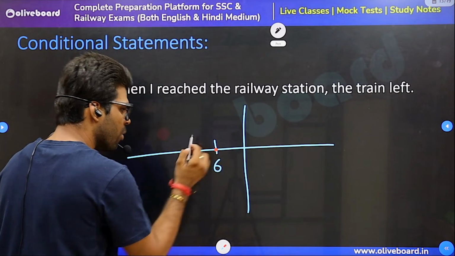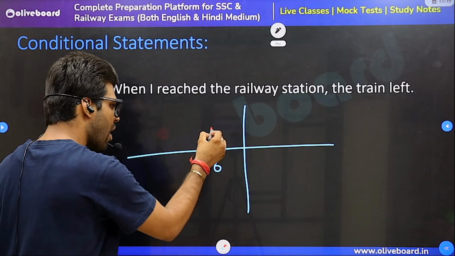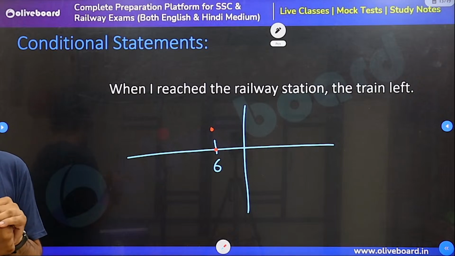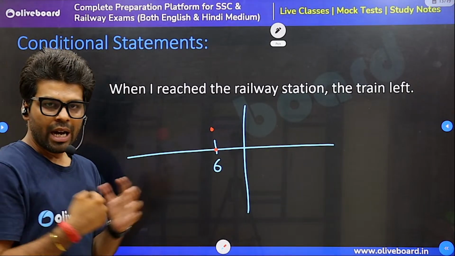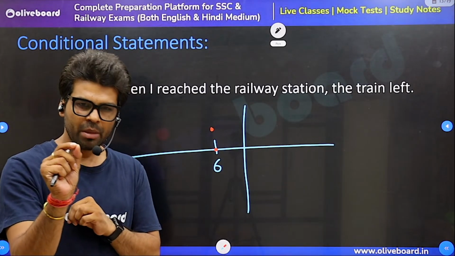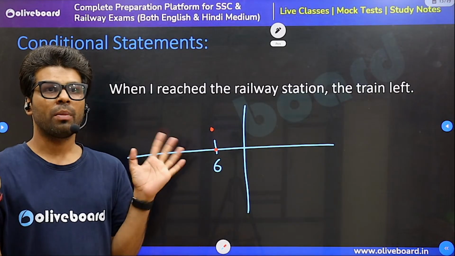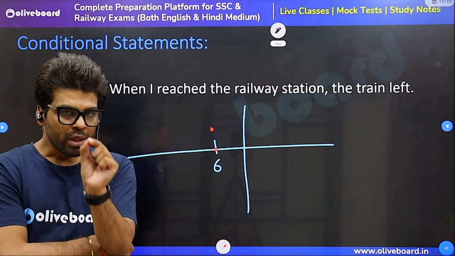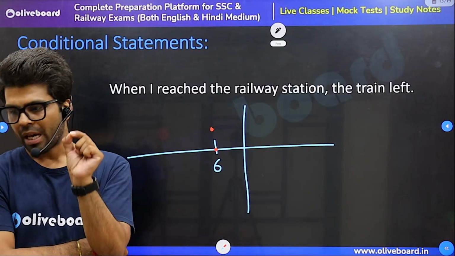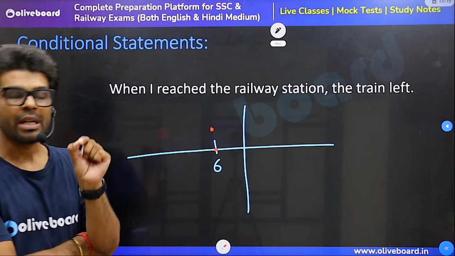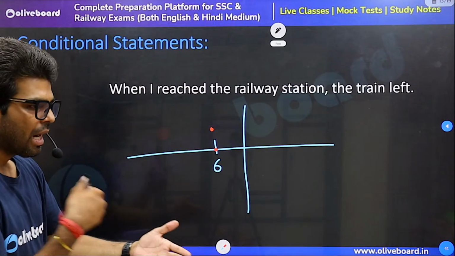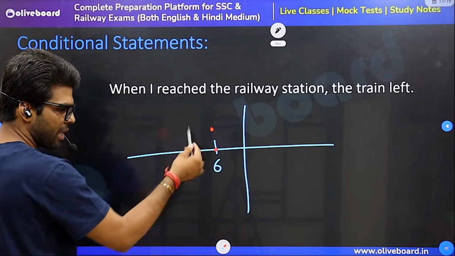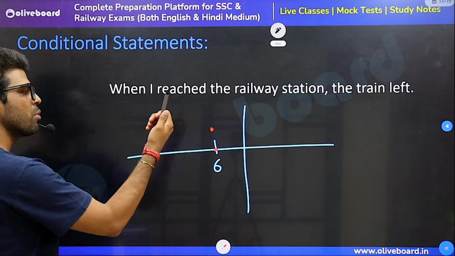When I came home, the moment I came home, I found, oh my God, the lights were on. The studio was on. The TV was on, etc. When I came home yesterday, a point of time in the past, oh my God, the studio is on, the TV is on, the AC is on. Both the actions are happening at the same time. When I reached home, I found the lock was broken. Both the actions are happening at the same time. You can mention a point of time in the past, and the action in past indefinite.